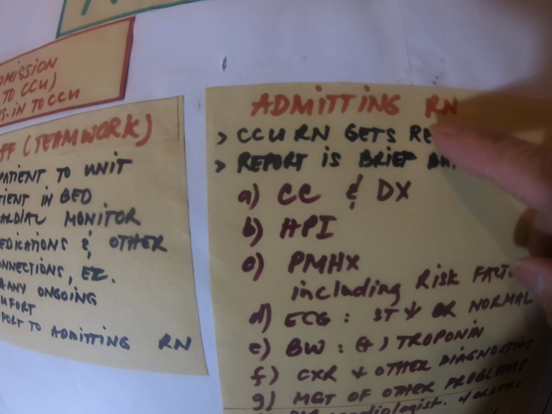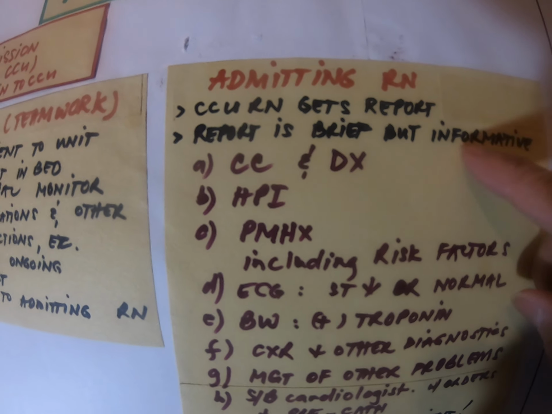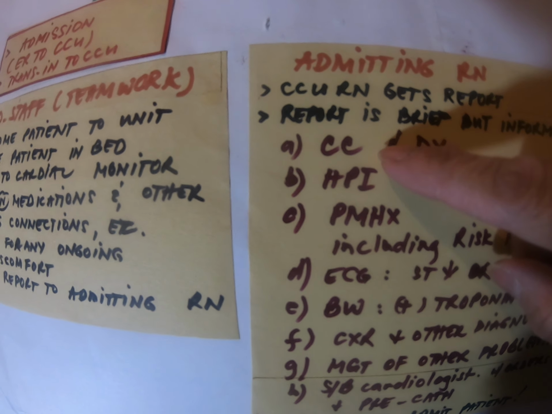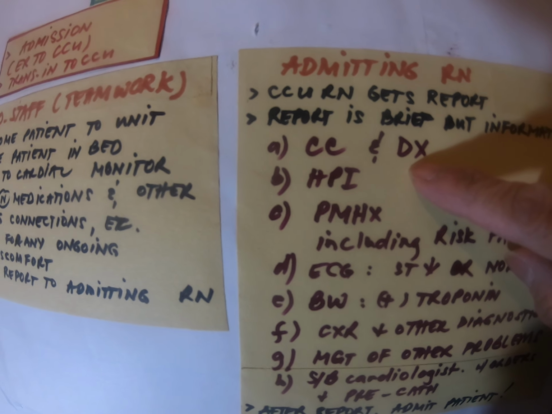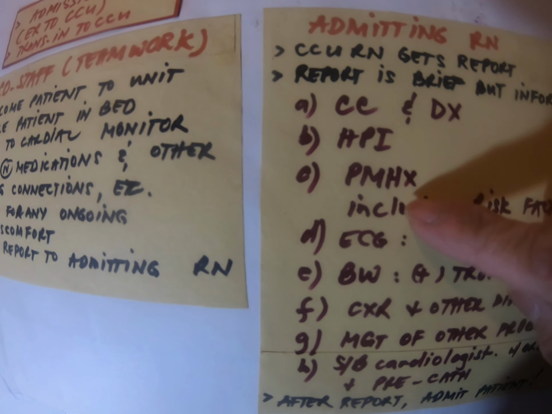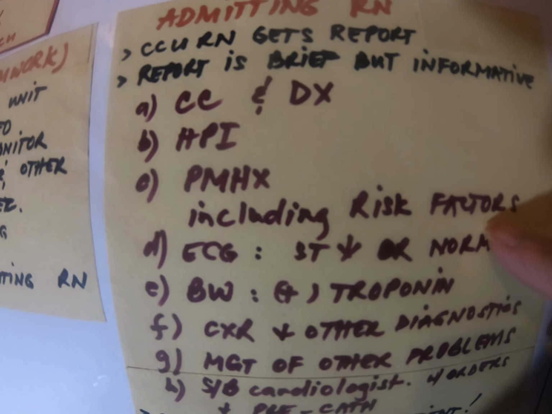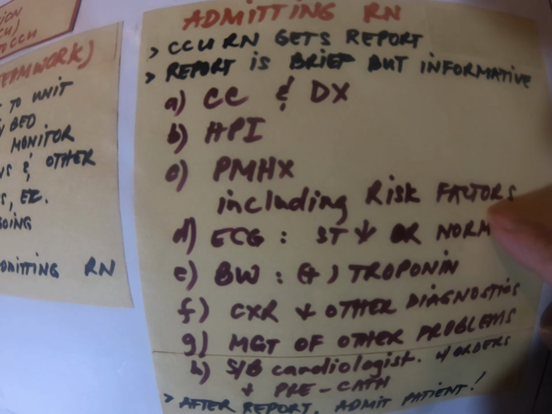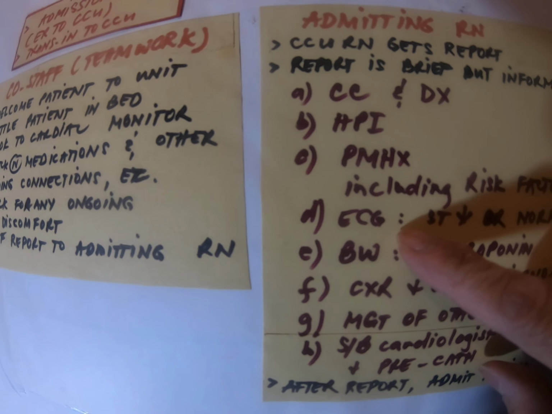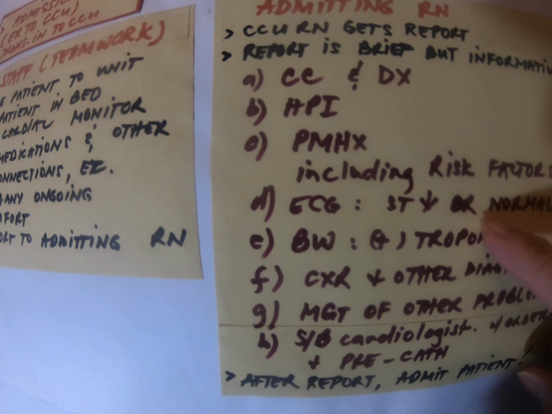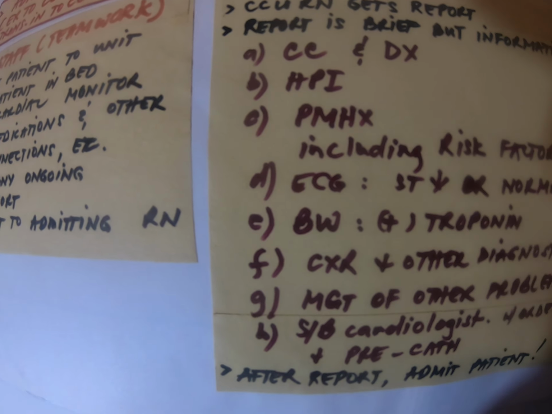With regards to the admitting registered nurse here, the CCU RN gets report. Report is brief but informative. And the nurse giving report will mention the chief complaints and the diagnosis, history of present illness. We have here the past medical history that includes the risk factors like hypertension, diabetes, high cholesterol, smoking. The ECG will reveal ST depression, or it could be normal. The blood works will be mentioned as well that is positive,